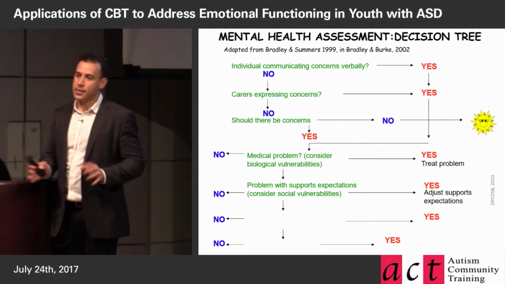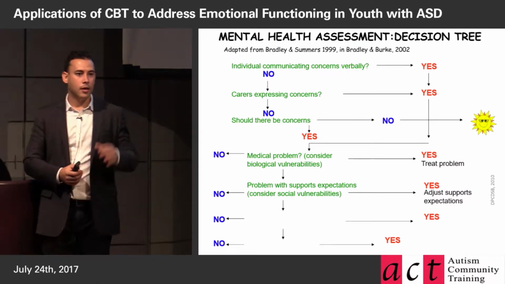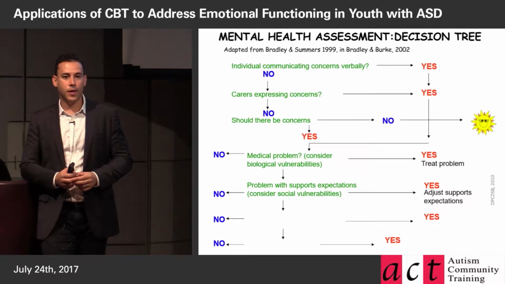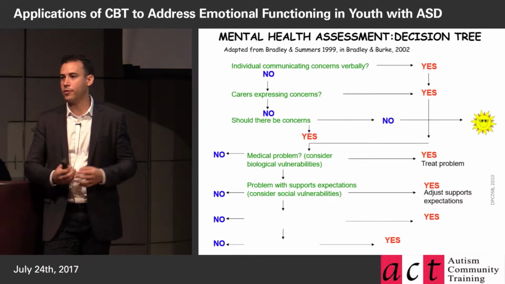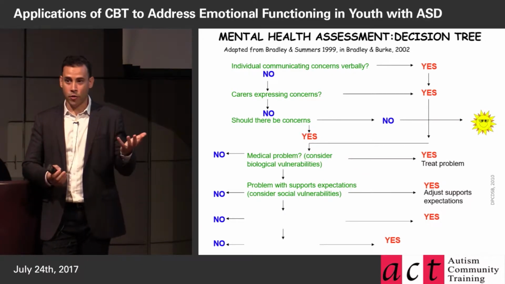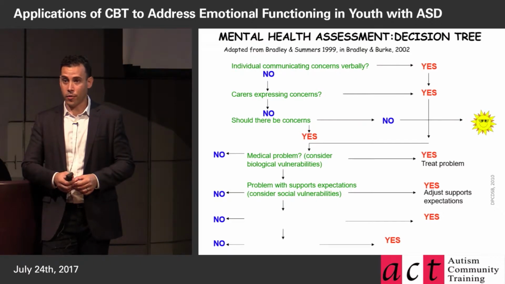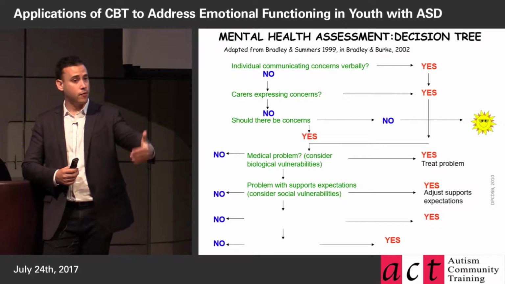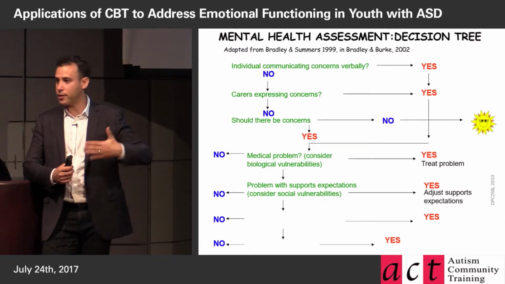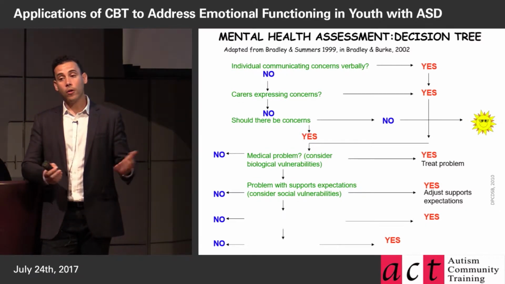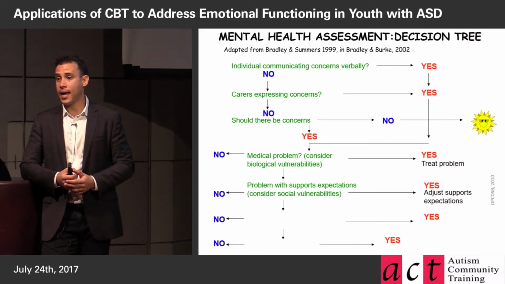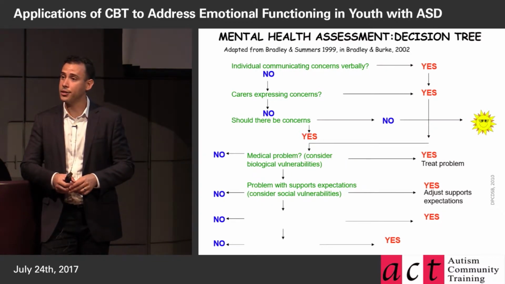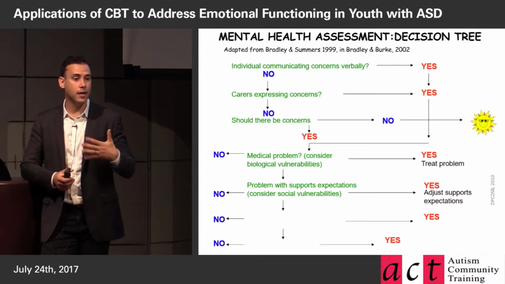Is there a discrepancy, a dissonance between the expectations that are placed on this person and the supports for this person? And it can go both ways. You could have issues where the person has too many expectations set upon them, or that they're setting for themselves, relative to the amount of support that they have. Or you could have the situation where the person has a lot of support but not a sufficient degree of expectations. That's an important one that I think we don't think of as much.